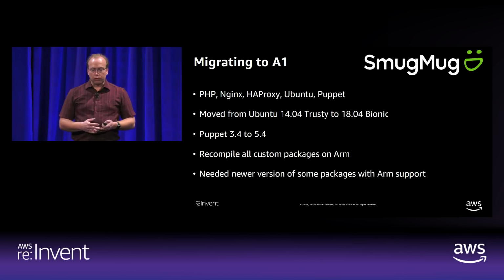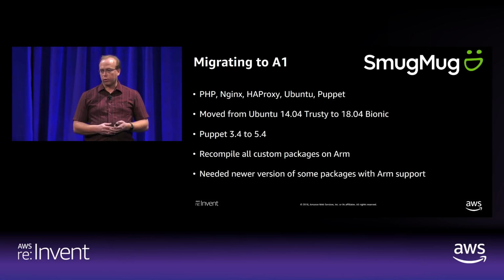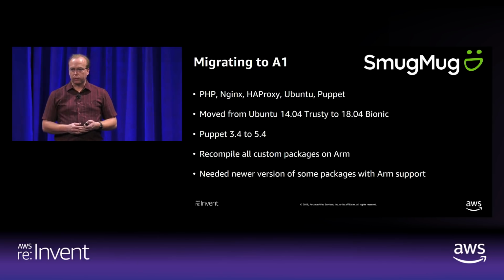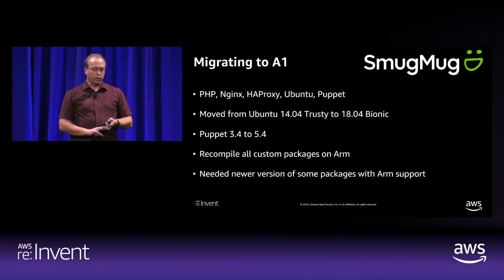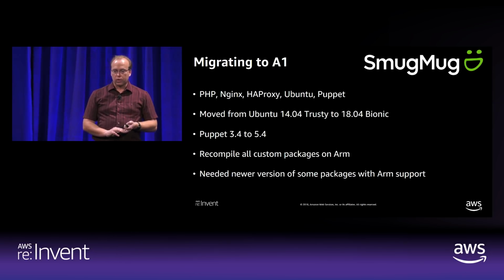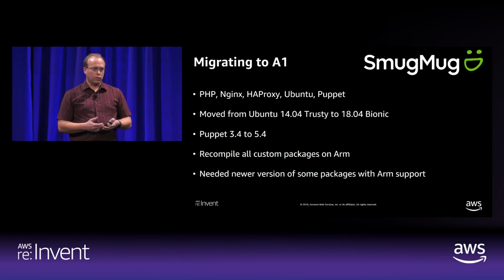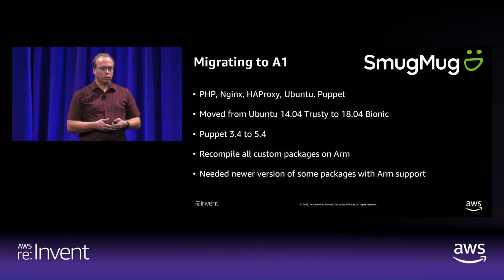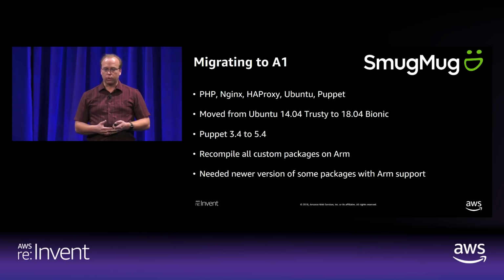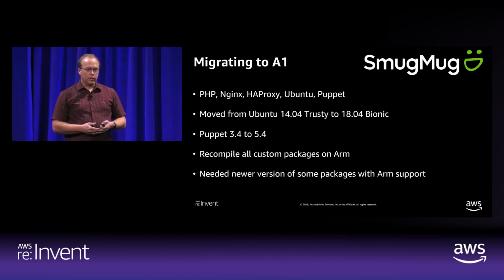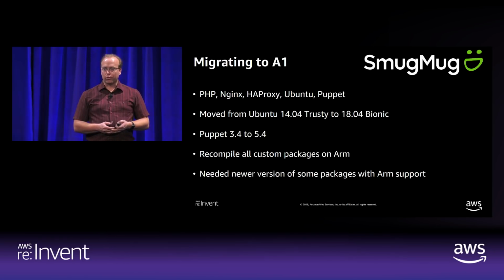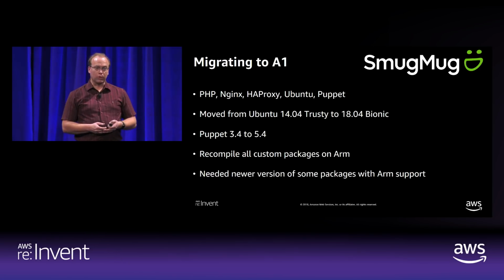To give you a little bit of our idea of our stack, we are a PHP FPM with Nginx shop. We use HA proxy. We run on Ubuntu 14, and we're heavy users of Puppet for configuration management of our EC2 instances. As part of this move, we are currently running on Ubuntu 14.04 Trusty, but the ARM versions of Ubuntu are only available 16.04 and 18.04. So we jumped straight to Bionic and started the process of migrating our operating system, which is non-trivial also because